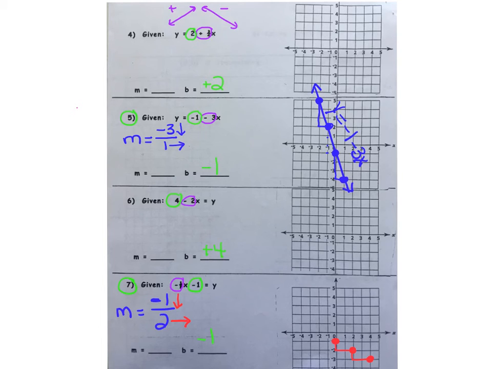Place your pencil point back on your original spot, here at negative 1 on the y-intercept. And reverse. Go over 2, up 1, make a dot, over 2, up 1. Each of those points represent a solution to that equation. Grab your ruler, draw a nice sweeping line through those points. Place arrowheads on each end of that line. And lastly, label your line